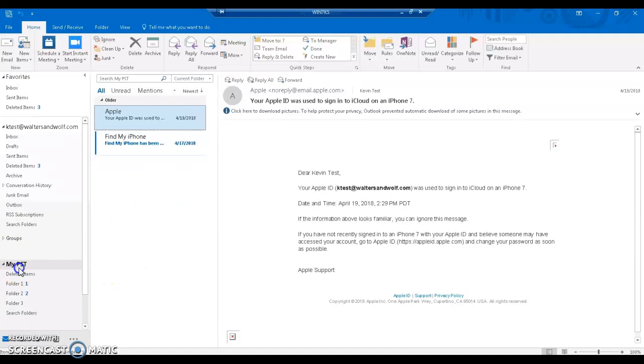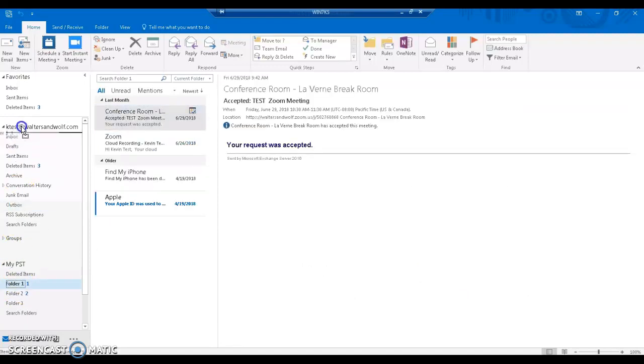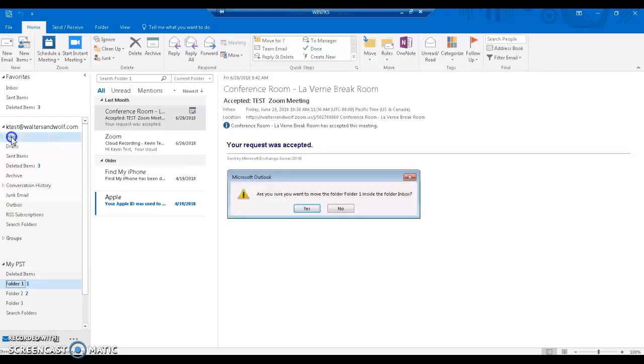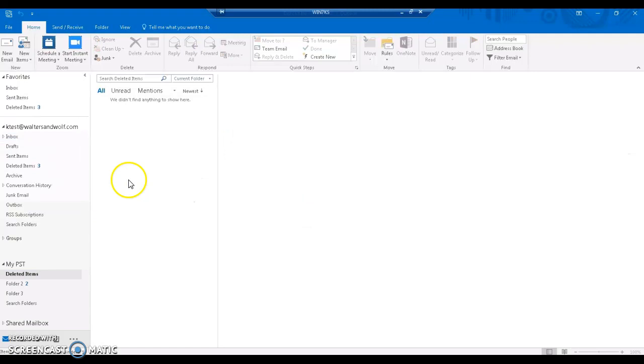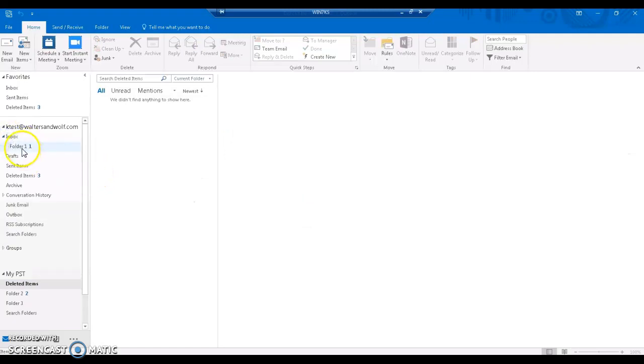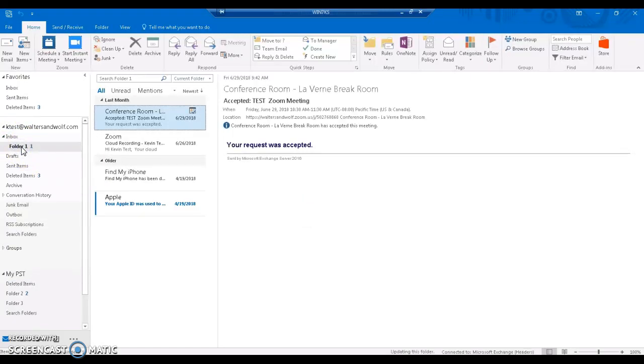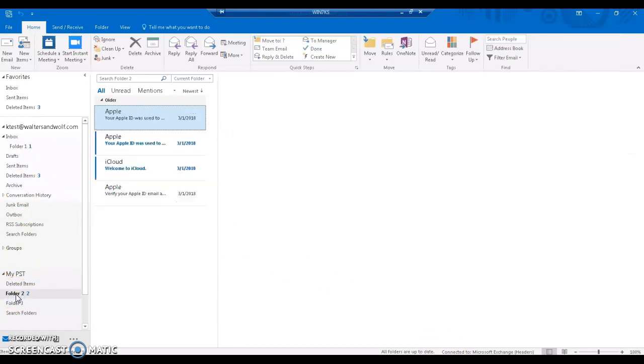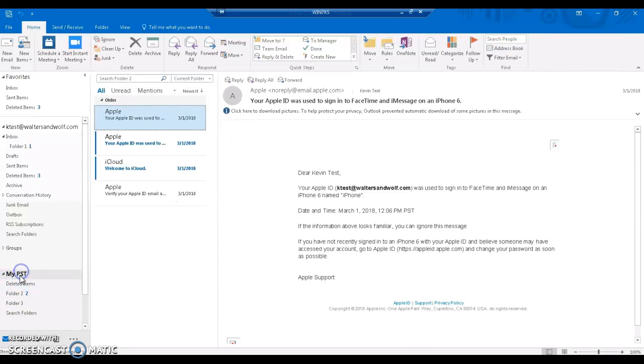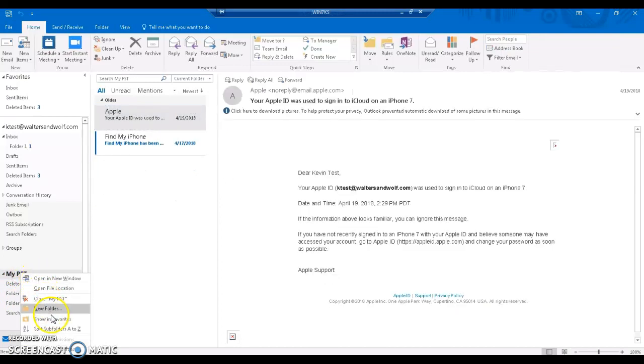So basically, you go into your PST. It's pretty easy. You just drag the folder into your inbox or to whatever folder you want to. It's going to ask you this question. You hit yes, and it drags it over. And this is a small folder, so it's pretty quick. But depending on the size, it might take a while because it has to sync up with the cloud and copy everything up there. So just take your time, copy over what you want,